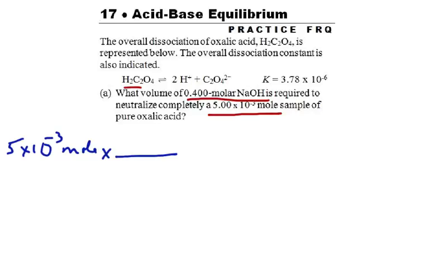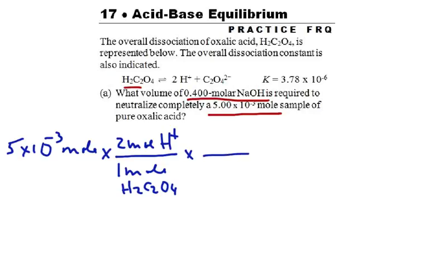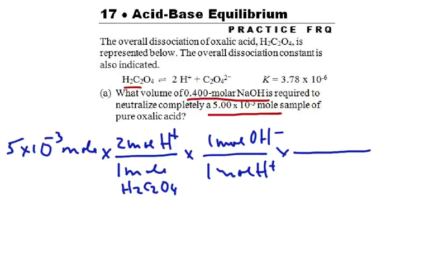Then we can go for every mole of the H2C2O4, we're getting 2 moles of H plus because this is diprotic. Okay, the heart of the problem really for neutralization is that every time we have 1 mole of H plus, we're going to need 1 mole of OH minus, and then to get from mole to OH minus, we're using our molarity, and we know that they're 0.4 moles of OH minus in every 1,000 milliliters